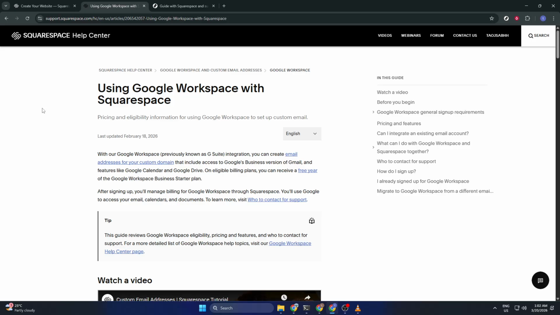This article is a comprehensive hub for anything related to connecting or managing Google Workspace through Squarespace. Inside, you'll find clear explanations of how Google Workspace integrates with your site, best practices for setting up and managing mailboxes, common DNS and MX record considerations, and links to billing and support information. It's the definitive starting point when you want email at your custom domain and need guidance that aligns with Squarespace's